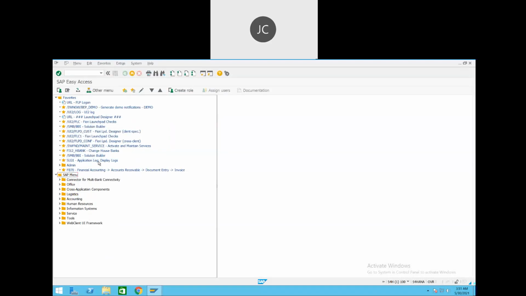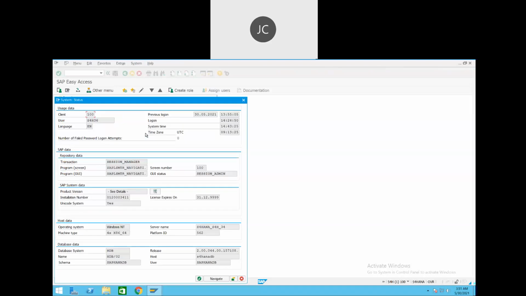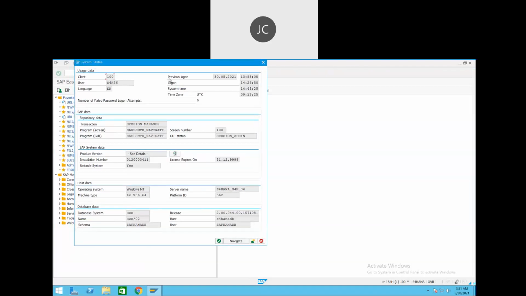Okay, and one more thing: what other information we can get from SAP GUI. You see this SAP system, we can come and go to status. Now, so much information is here, right?